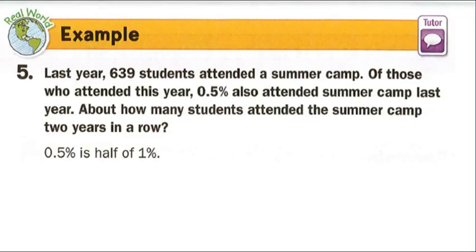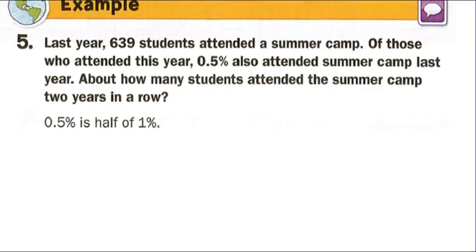All right, so let's do one more of these fractional percents. All right, so it says last year 639 students attended a summer camp. Of those who attended this year, 0.5% also attended summer camp last year. About how many students attended the summer camp 2 years in a row? Okay, so let's start out, rather than finding 0.5% right away, let's focus on 1%. And 1% of what? Well, we have 1% of